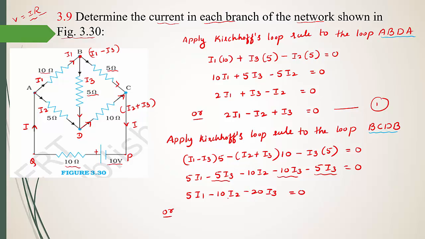Or let us divide this equation by 5. So 5 will get cancelled. I1, 5 2s are 10, so 2I1. 5 4s are 20, so minus 4I3... I2, 5 2s are 10, so minus 2I2, minus 4I3 is equal to 0. Let us take it as equation 2. So these two equations are related to two loops ABDA and BCDB. Is it clear? Then I am going to consider the third loop, that is